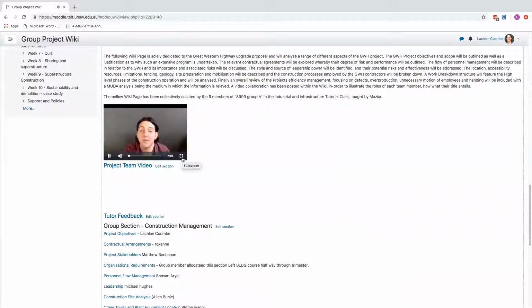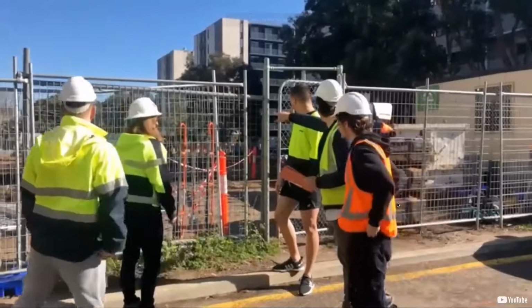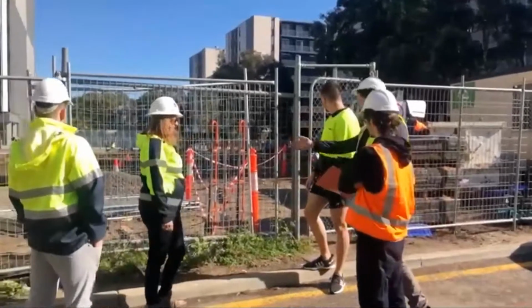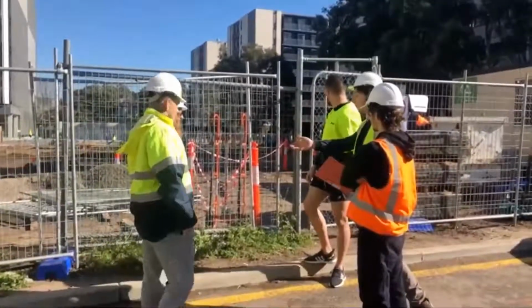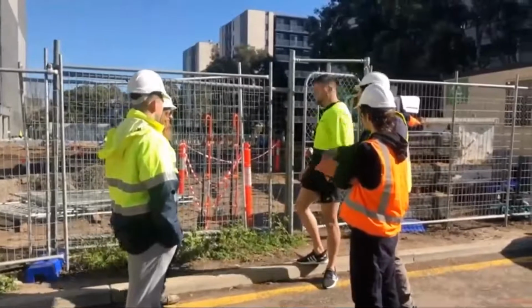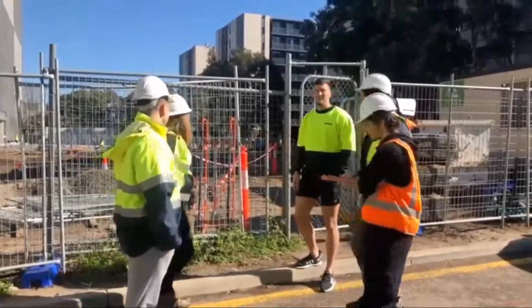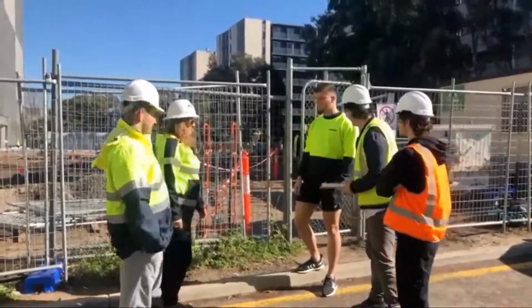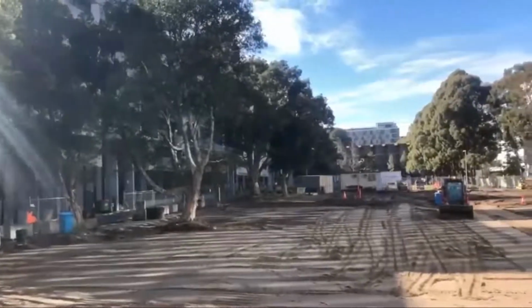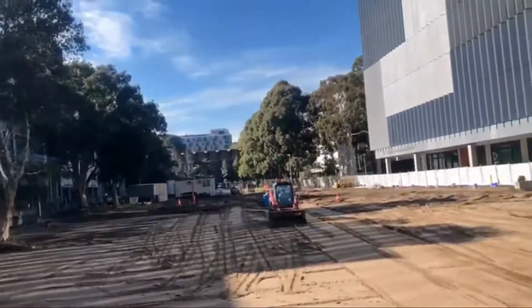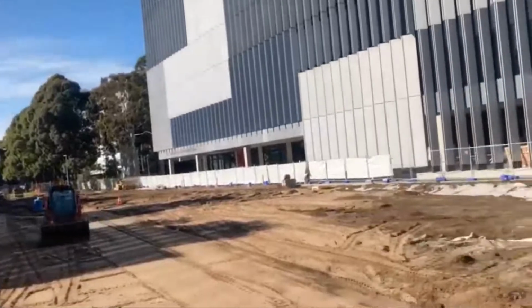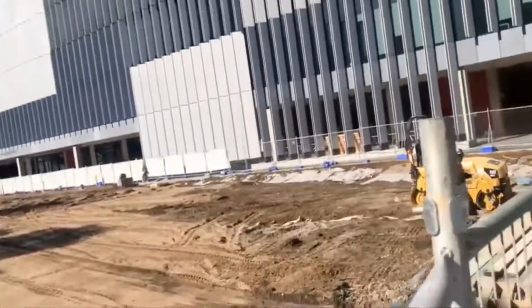I'm Lachlan Coombe, the appointed project director for the $250 million Great Western Highway upgrade. I've really got my work cut out for me during this large-scale public operation. I'm tasked in having to manage, oversee, control and provide executive decisions for the 3 main sections of the Great Western Highway proposal. The work may have started in 2010, but my activity within the project began well before that, and I will continue being heavily involved in the program right up until its completion.